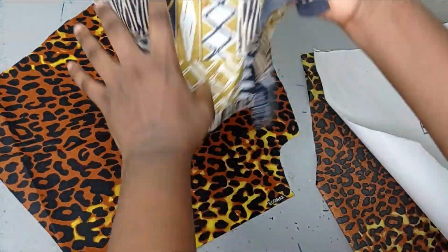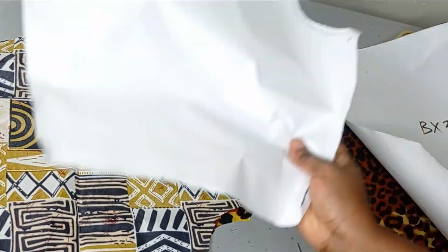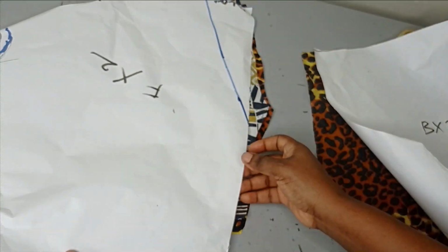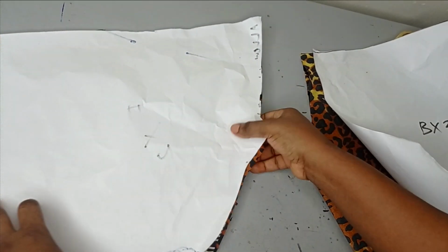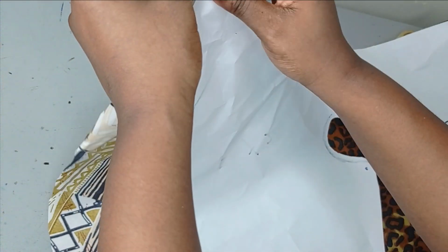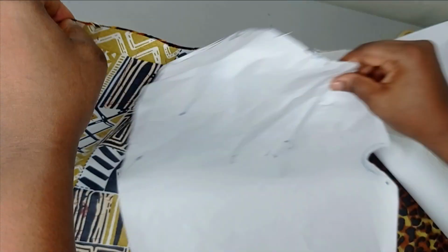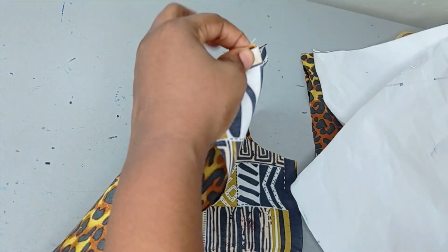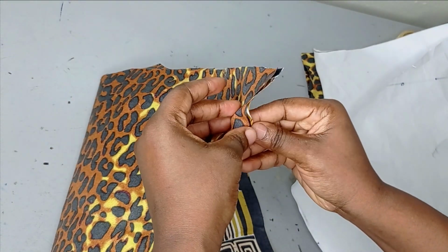So as I did for the first one also, the first thing I'm going to note is our overlap allowance. So I'm just going to place my pattern on this, okay, and then I'm going to notch where my overlap is. So I'll make sure they match each other well, and then I'll place my pattern. So this is my overlap allowance. I'm just going to take my paper away now and then notch it on that point. So once I notch it there, I'm going to be placing them on each other,